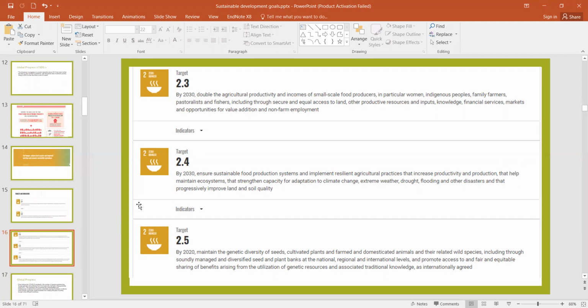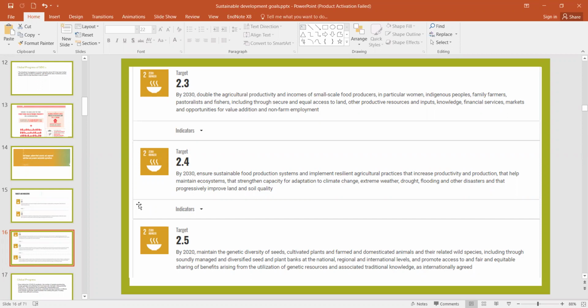By 2030, ensure sustainable food production systems and implement resilient agricultural practices that increase productivity and production, that maintain ecosystems, strengthen the capacity for adaptation to climate change, extreme weather, drought, flooding, and other disasters, and that progressively improve